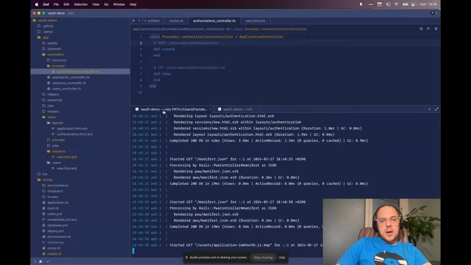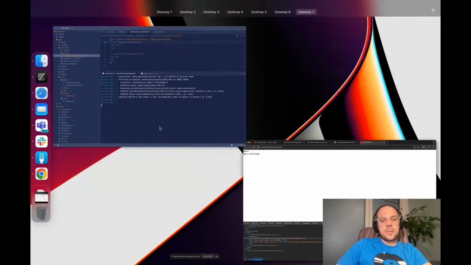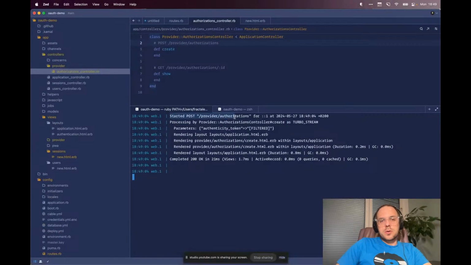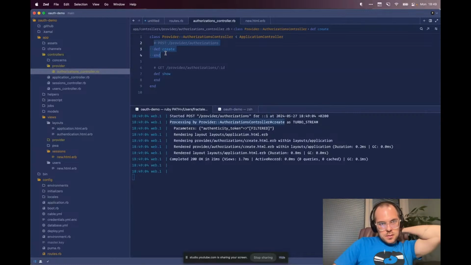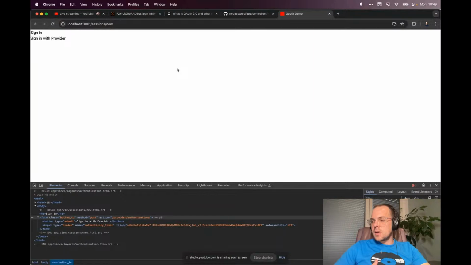So if we come over here and we look at our logs and we hit this, started post to provider authorizations, processing by provider authorizations controller create. Right? So wired up just the way we want. And this is perfect. So now we really do have all of the foundations in place to actually start building